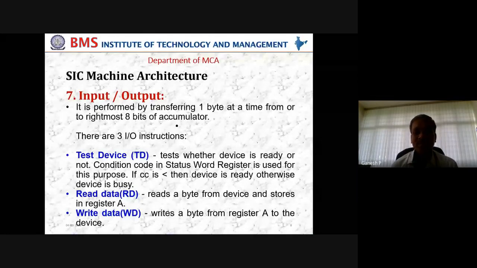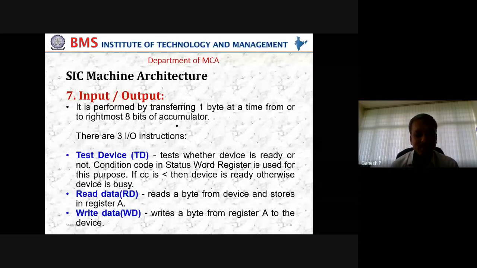More than two components you cannot connect in a single bus structure. That is a limitation. We have a single bus structure, but today all computers are multi-bus structure, wherein at a time multiple transfers are going to happen because we are talking about parallel processing. Today our computers do not have any issue, but since we are taking SIC, which is a hypothetical computer, here it is assumed that a single bus structure is used while connecting more than one component. That means two components at a time can be accommodated.